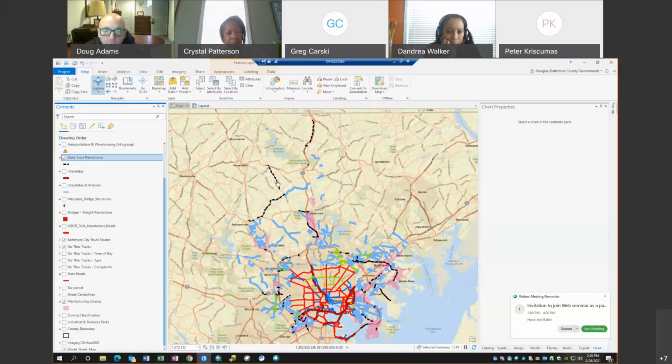And I think for our exercise in trying to figure out our routes, it's important to know where these are, but I don't know that we want to try to replicate this in the future because the state changes these at will, and they don't always notify us directly. There's a PDF that goes out on a website, but I would have to go out and discover that to keep this information up to date. So what are your thoughts on using this data to plan our proposed routes, but not maintaining that data going into the future since the state already has that system?